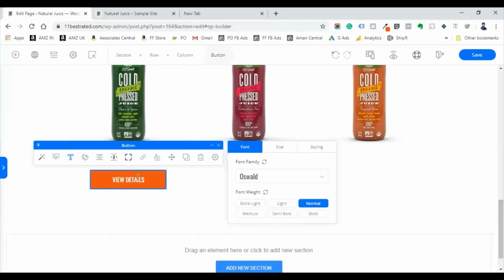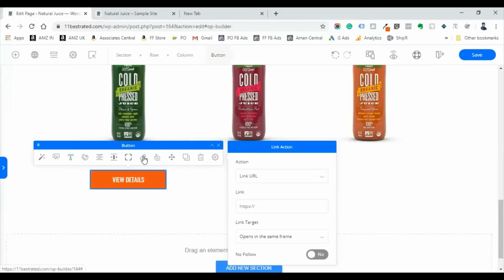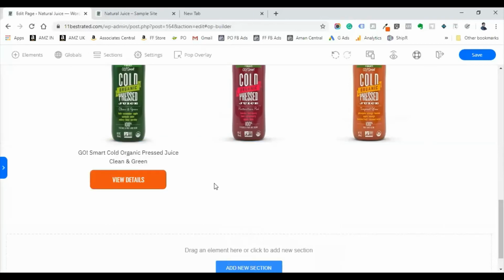If we have our product available on Amazon's website, you can link the product here, or to any product page inside your website. Here is the action we wanted to do: we wanted to send them to a product page. Here you just have to place the link this button has to go to. We have the button.